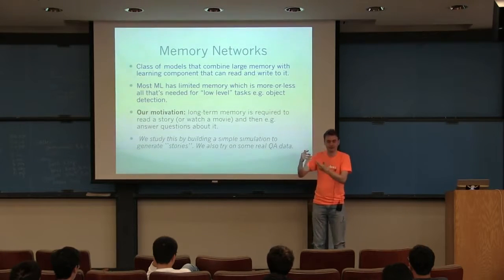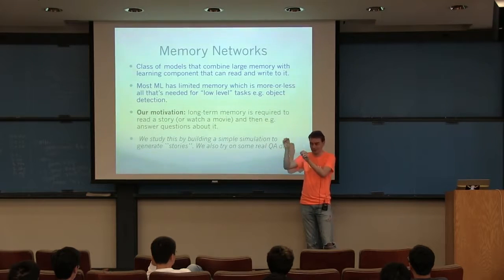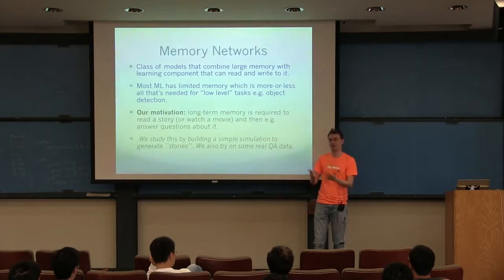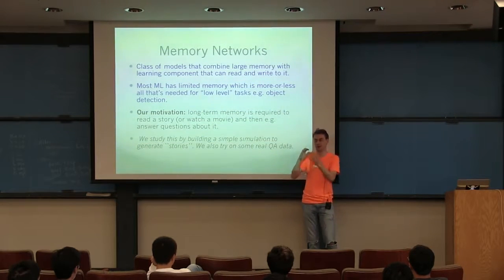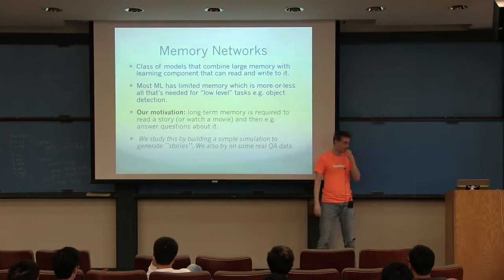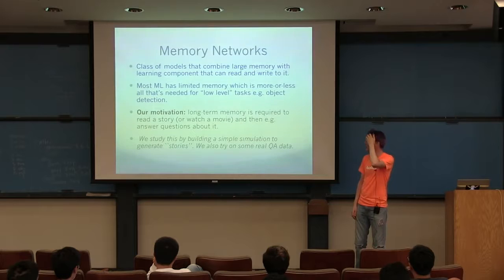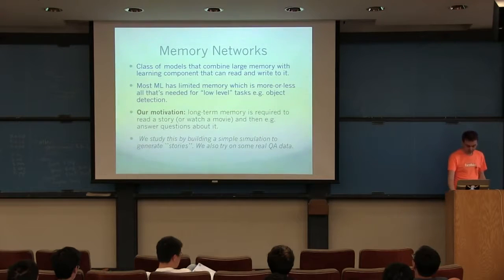There, you don't have to do all this gradient descent to start off your weights at random and then slowly move them following the gradient to the right point to remember these facts. You might want something more like a RAM, where you can just get that fact and write to it. So that's the motivation for these models that I'm about to show you. Yeah, so I think I basically said it's on that slide.